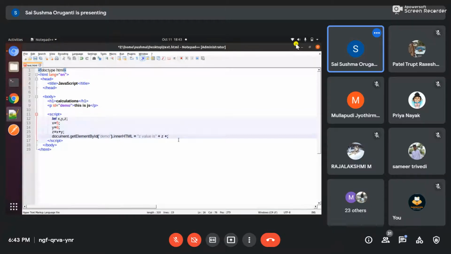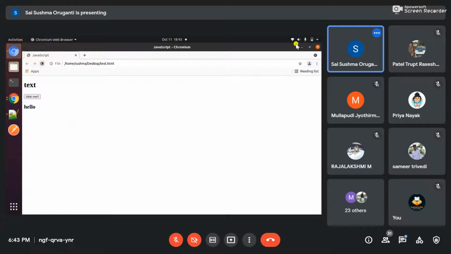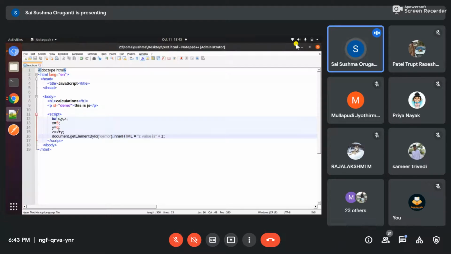For the z value, we have to add this z, 5 plus 6. Just saving this. Z value is 11. Is it correct? 5 plus 6, 11.